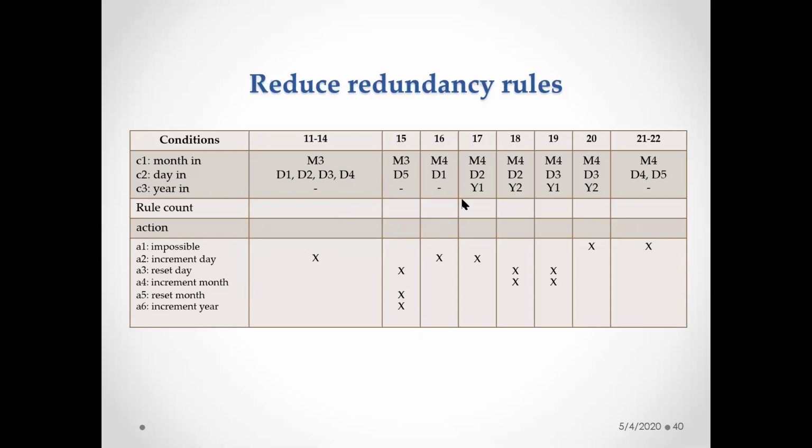I cannot merge this. Can I merge this particular M4, M4, D1, D2 followed by? See, a common thing I need to have. Two common things need to be given with respect to merging, with respect to the conditional entry if you are taking it. If you are taking it with respect to your action part, all the action entries should be one and the same. Understand? So here, with respect to this particular M4 month, your D1 and D2, whatever it may be,